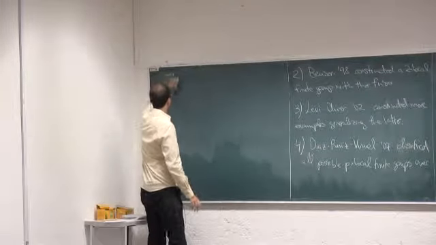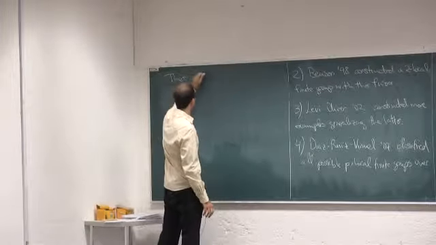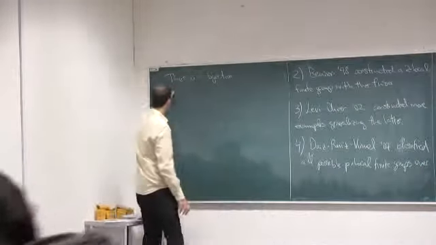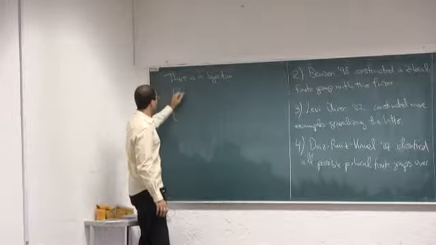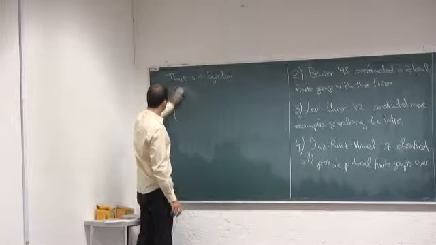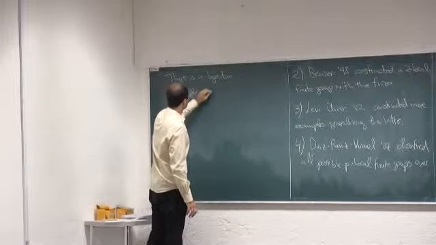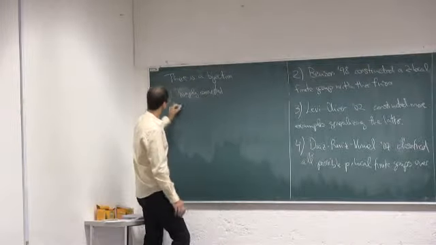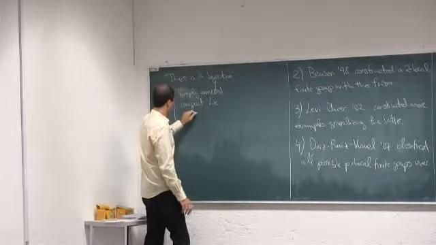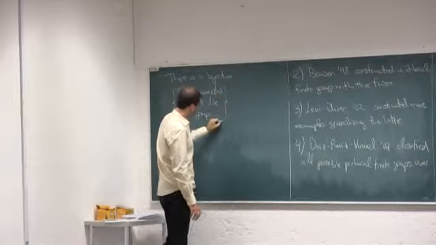So the way this is proved is by showing that there is a bijection between the isomorphism classes of simply connected compact groups, up to isomorphism,